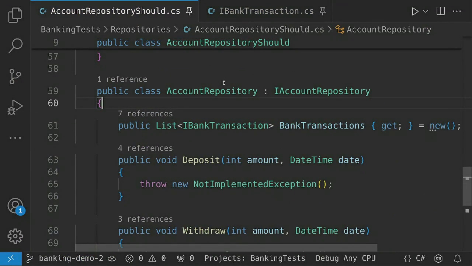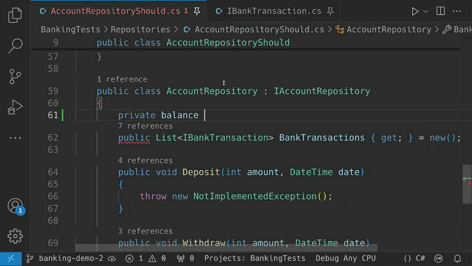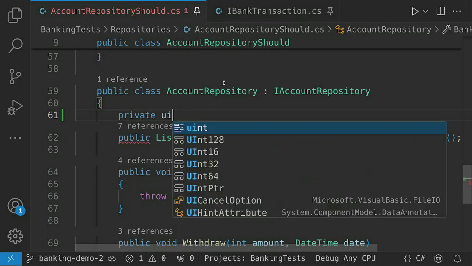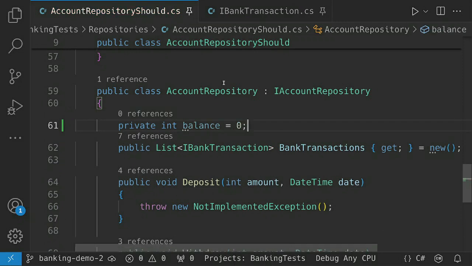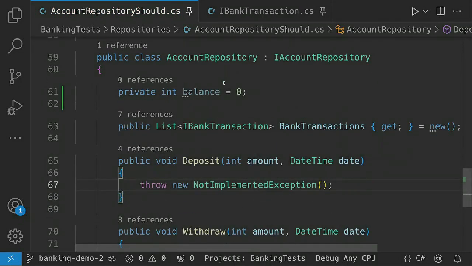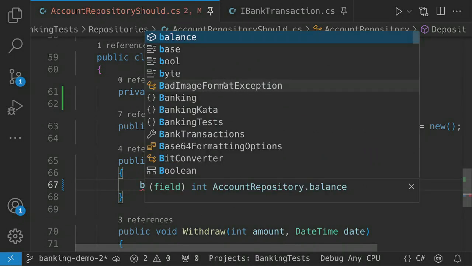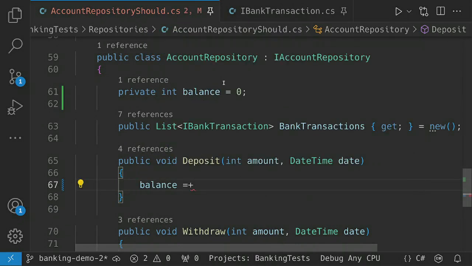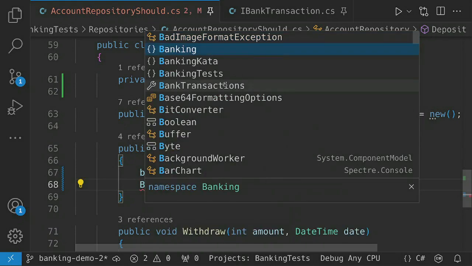So we need an internally tracked state of balance. Let's define it. Always a good idea to define it. And then balance plus equals amount. And bank transactions